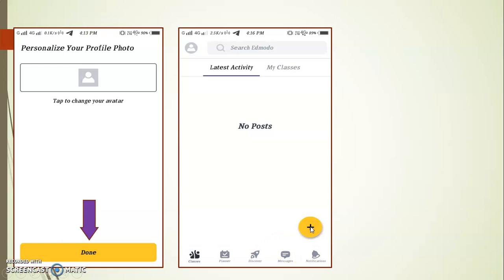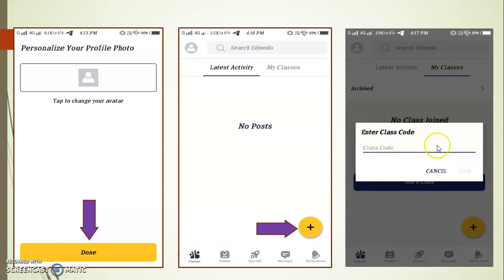If you want to join a class, just click on this plus button. It will take you to the next window. Here they are asking for the class code, which you can get from your teacher. You just put the correct class code here, then this join button will be visible.